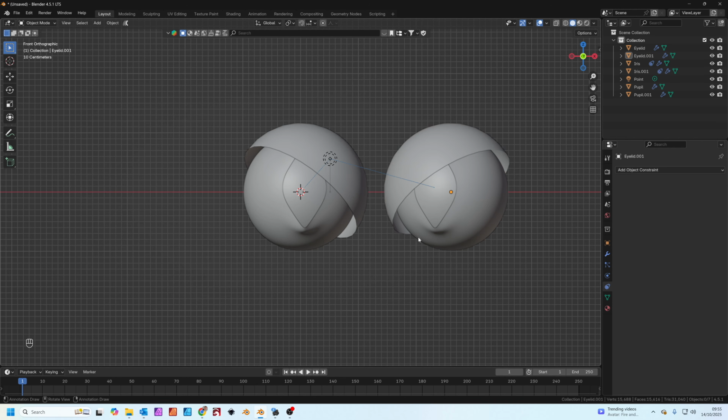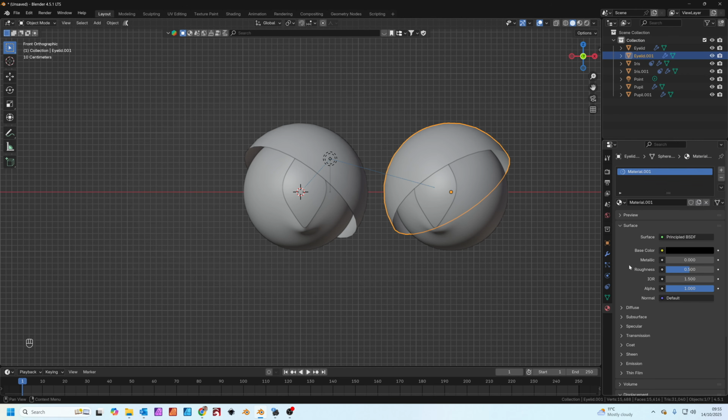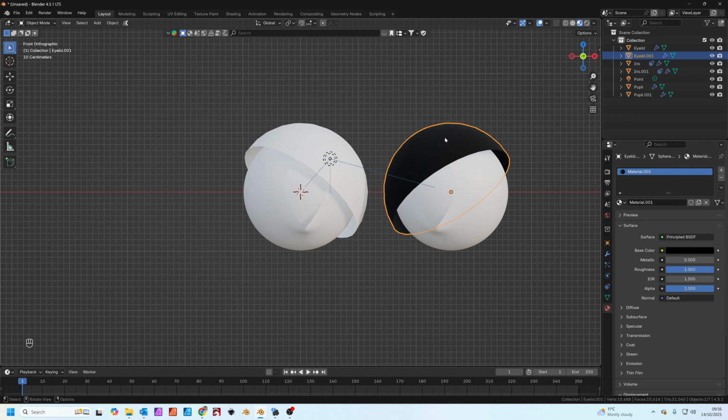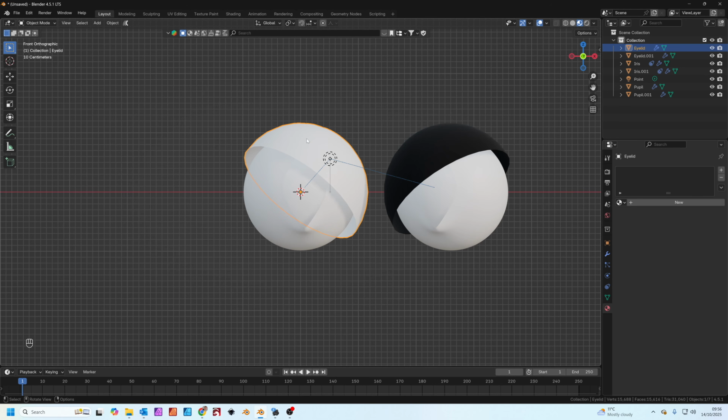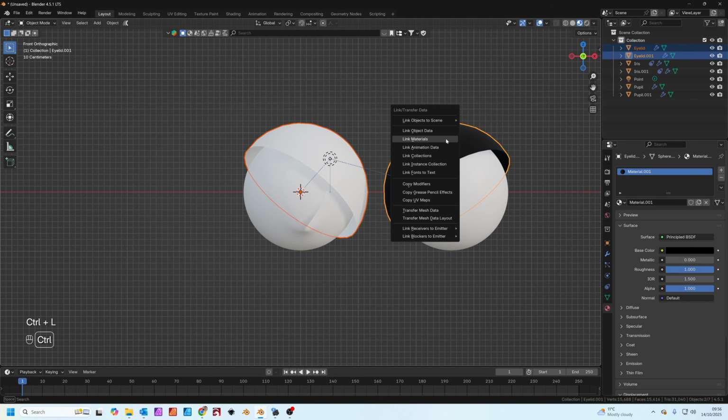Okay, let's add some materials to this and bring it all to life. So both of these eyelids are going to be black. So we're going to add a new material, just set it to be black and take the roughness up to 100% so it doesn't reflect anything. Let's go into this view. To quickly copy this material onto the other eyelid, click on the other eyelid, hold down Shift and click on the eyelid you want to take the colour from, press Ctrl and L,